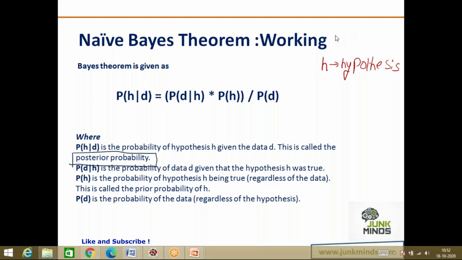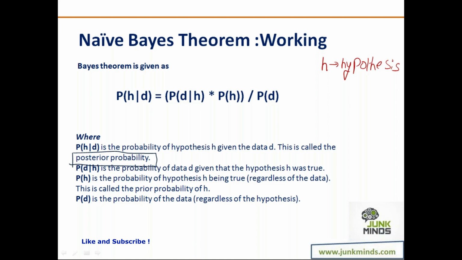See, the fact is, when I say a hypothesis, I've just made a statement that it is going to rain in the evening today. This is just a hypothesis. There is absolutely no justification given to this statement. So even if you try to, you will not be able to come up with a reason why to believe what this fellow says or why not to believe it, right? Because a hypothesis could be any statement. Whether a hypothesis needs to be believed or not depends on the evidence or the data.